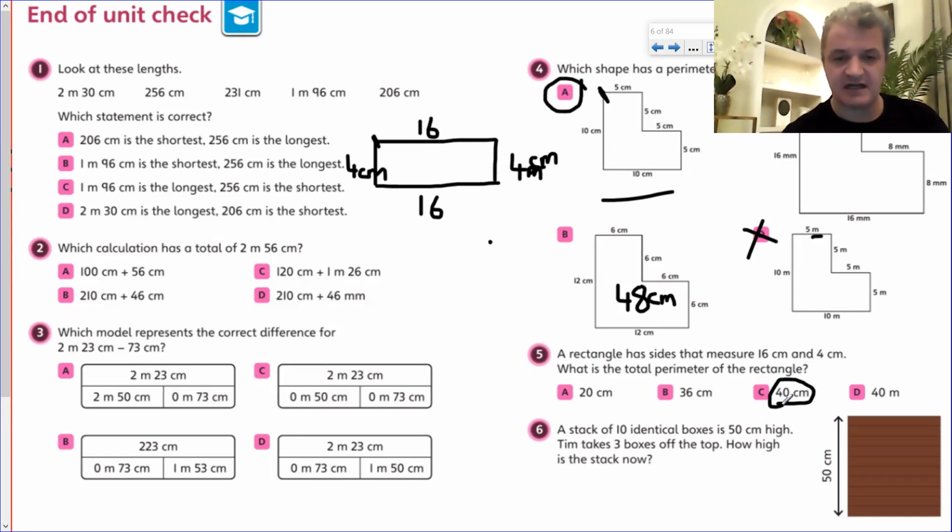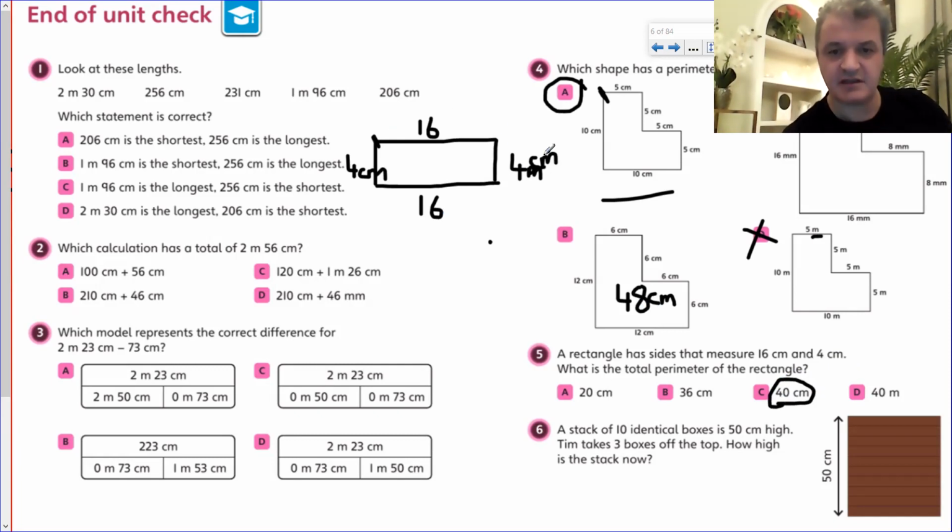It's the only shape a rectangle can be. So we can only have the long sides and the short sides. We've got right angles here. It's a rectangle. We've got a set of 2 longer sides and 2 short sides. So I know that's 40